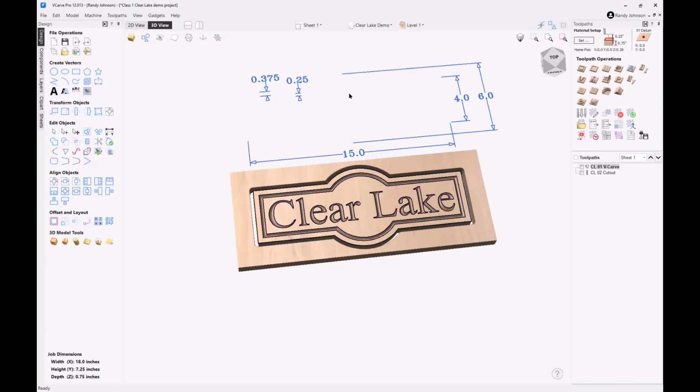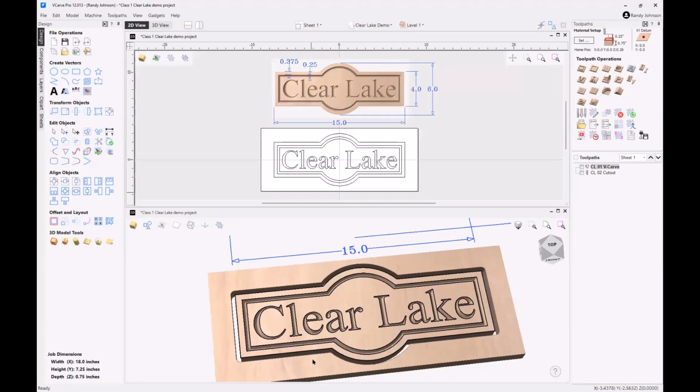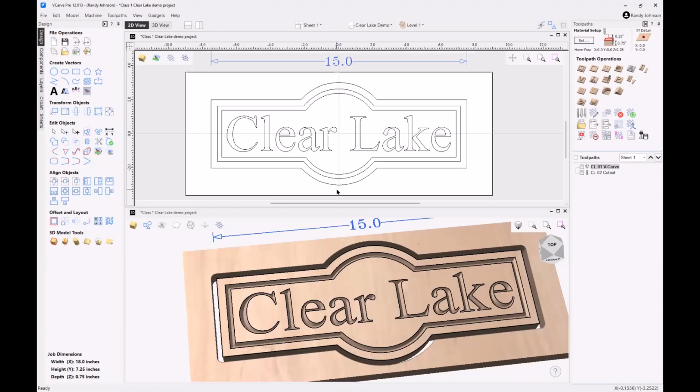The other thing while we're talking about basic toolpath information is let's go back and I'm going to split these views again, and let's bring this one up like this. And let's bring that one up right there. So I just zoomed in on both of those. We talked about visibility. So first off, if I highlight cutout, notice how the associated vector, this outer one on both views here, is showing up. If I go to the VCarve, then it goes to the other ones. If I check the box,